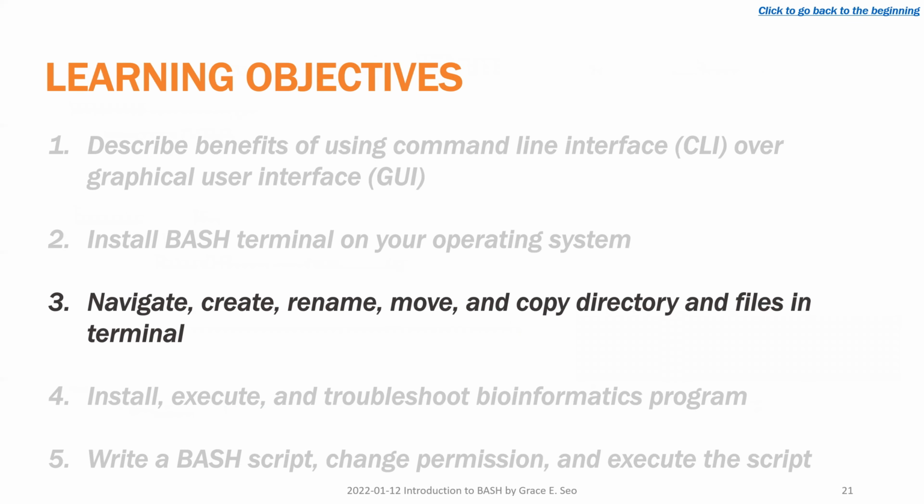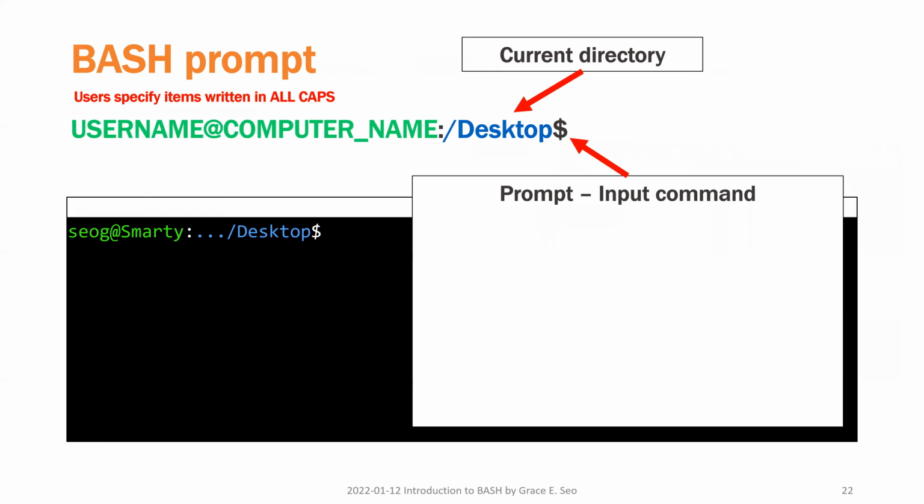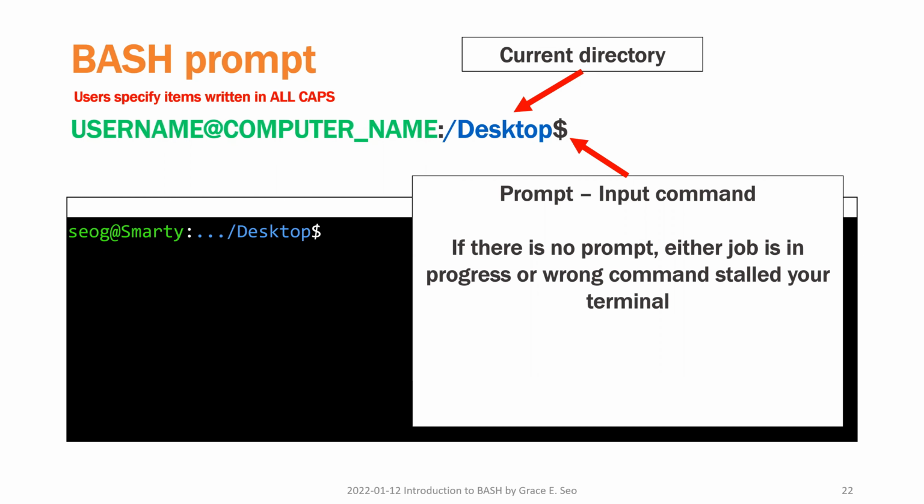So now that we can use terminal, let's actually get to the fun part of trying some coding. This is my Ubuntu terminal on Windows. Now, if you see a prompt, you can type in your command. And if you don't see a prompt, either your job is in progress or something is wrong with the command, which stalled your terminal. So in that case, if anything happens, to get your prompt back